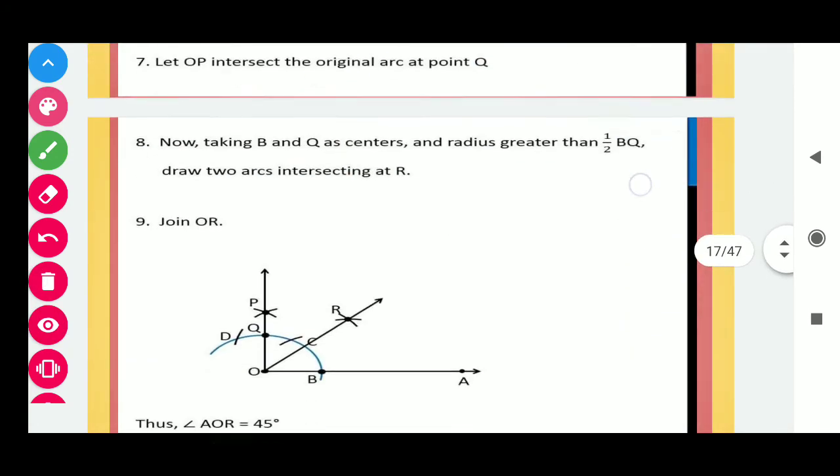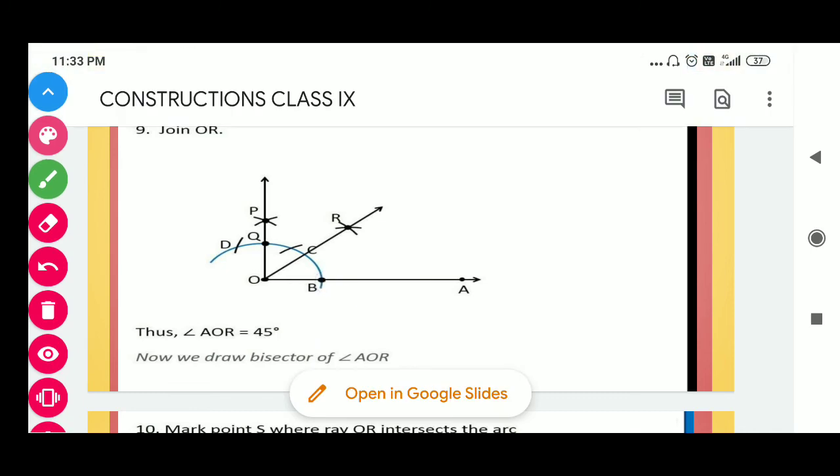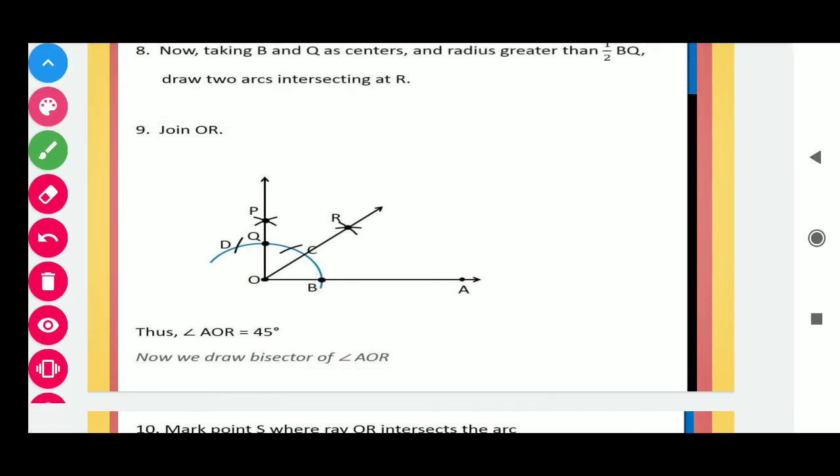You can see here, yes, this is the 45-degree angle that we have already done in the previous video. But now in this question we have to construct the 22.5-degree angle. So students, for that take your pinpoint of compass at B point, mark an arc, and after that in the same way take pinpoint at C and mark another arc. In this way these two arcs intersect and this is the middle of the 45-degree.